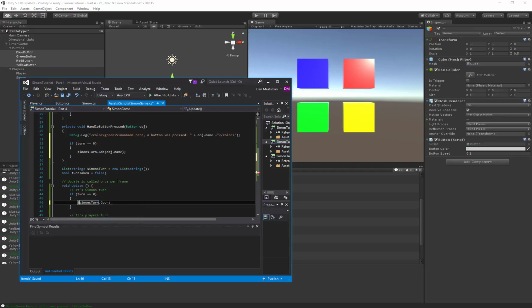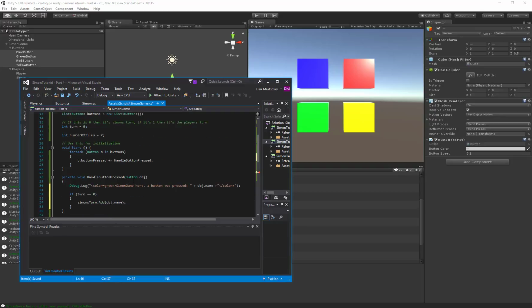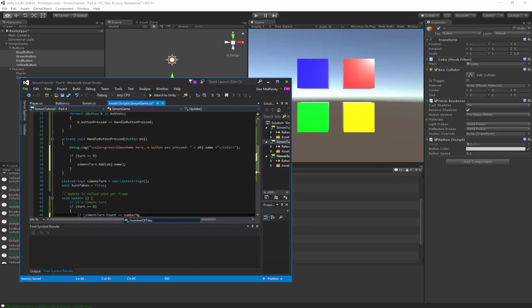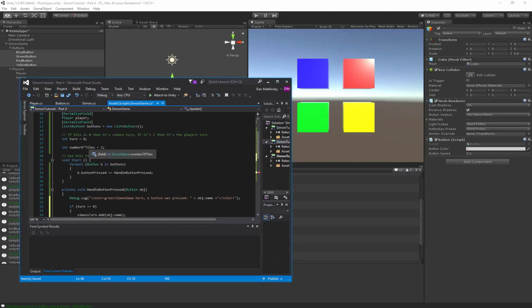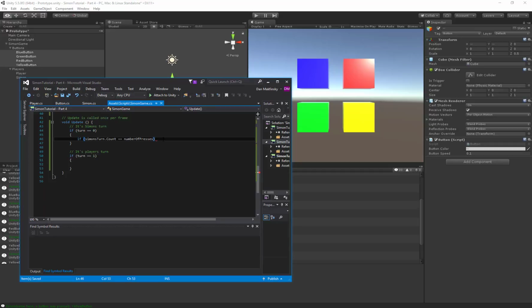We want to know if Simon's turn.count equals number of tiles, or we could say number of presses. Let's say number of presses. That seems to make a little more sense. So if it equals the number of presses, then we'll say it's not Simon's